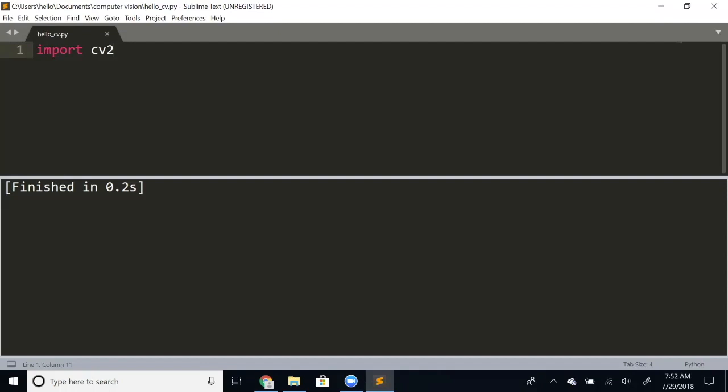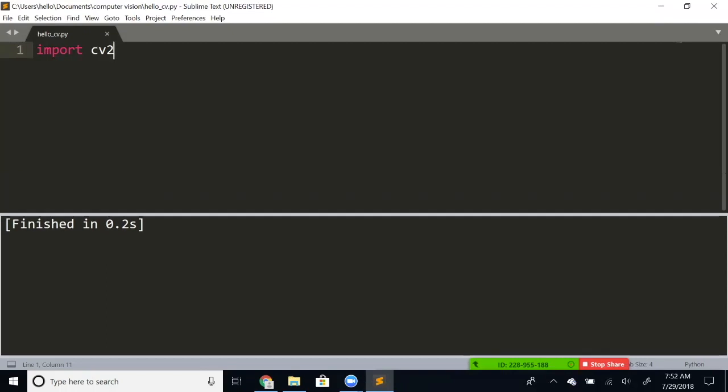Next, let's just read an image and display it on a screen, because that's similar to hello world. In terms of computer vision, you want to be able to read and write videos or images all the time. You will be taking images, processing them, and then trying to understand them. The first thing that we want to do is learn to read an image in our program.